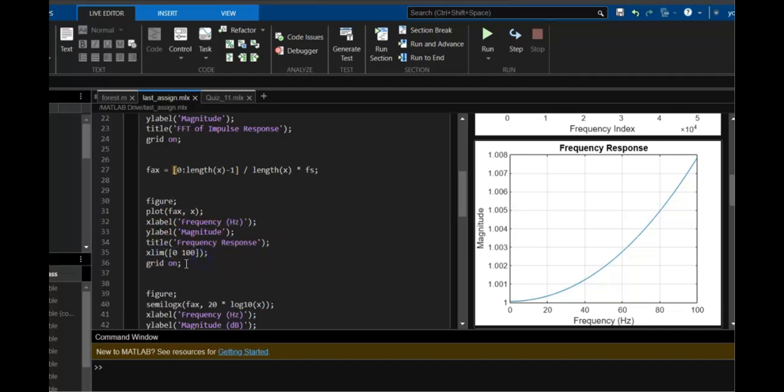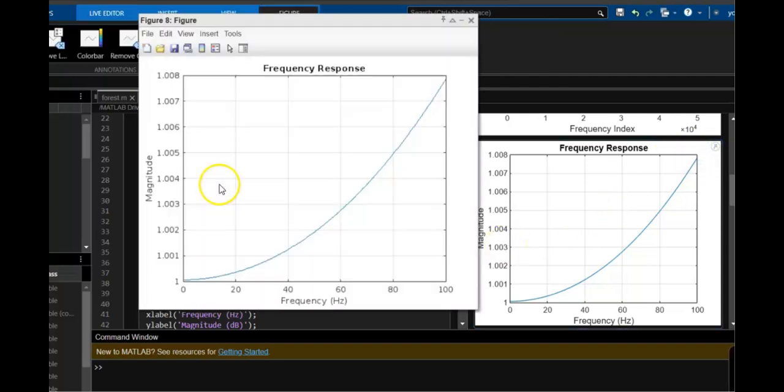Xlim, we chose 0 up to 100 hertz. It doesn't really matter, we could choose 0 up to 10. We're going to turn on the grid, and then let's just open this up. Yeah, so it starts at 1 over here, and as the frequency increases, the magnitude increases, but very, very small. It's extremely small. This suggests that it's a